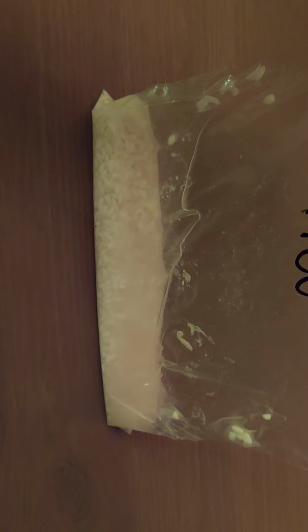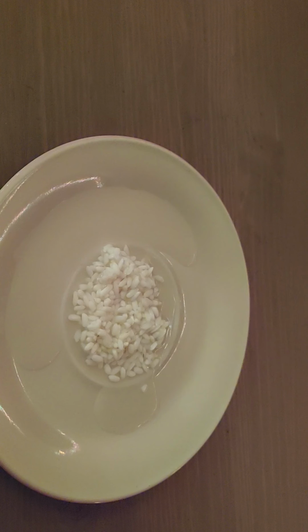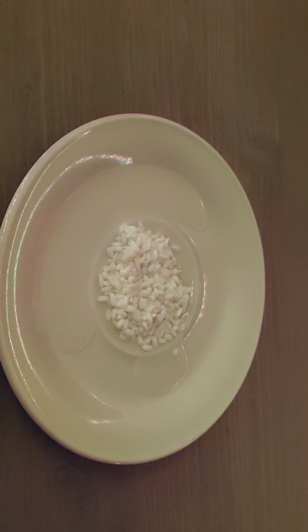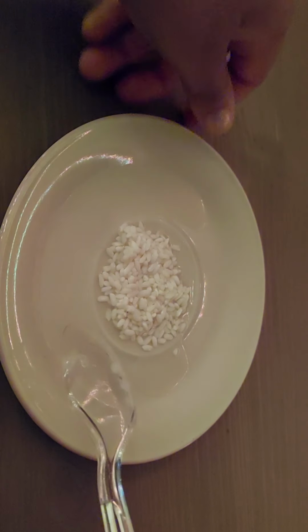Up next, we have rice. So this is the rice that was left inside of our bag of water overnight. And there has been a lot of changes to this rice, so let's take a closer look. Okay, here is our rice that was left inside of water overnight. It's hard to tell, but the water is here,